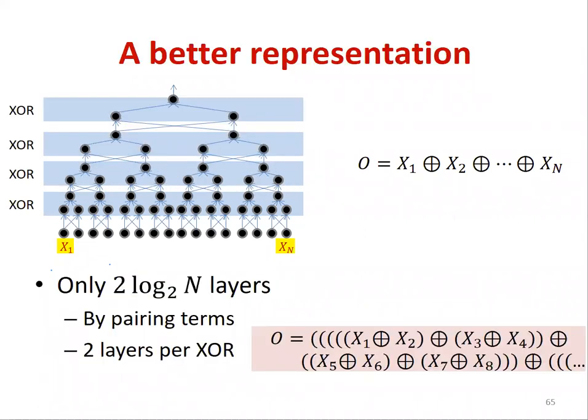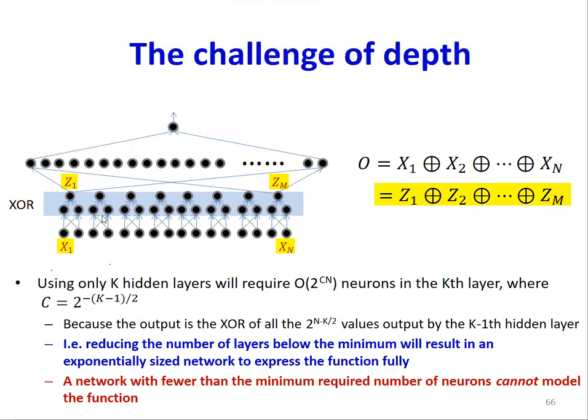Suppose I decide that I'm not going to allow you all of these layers. You are allowed to use at most 4 layers. If I put a cap on the number of layers, then here's what is going to happen. I'm going to use the first 2 layers to perform an XOR, but then after that, I still have only 2 layers left, and I must XOR n over 2 variables, right? So this now becomes exponential again in the size of the input, which means that if I put a cap on the number of layers in the network, then in order to compute the function accurately, I will need an exponential number of neurons in the circuit.